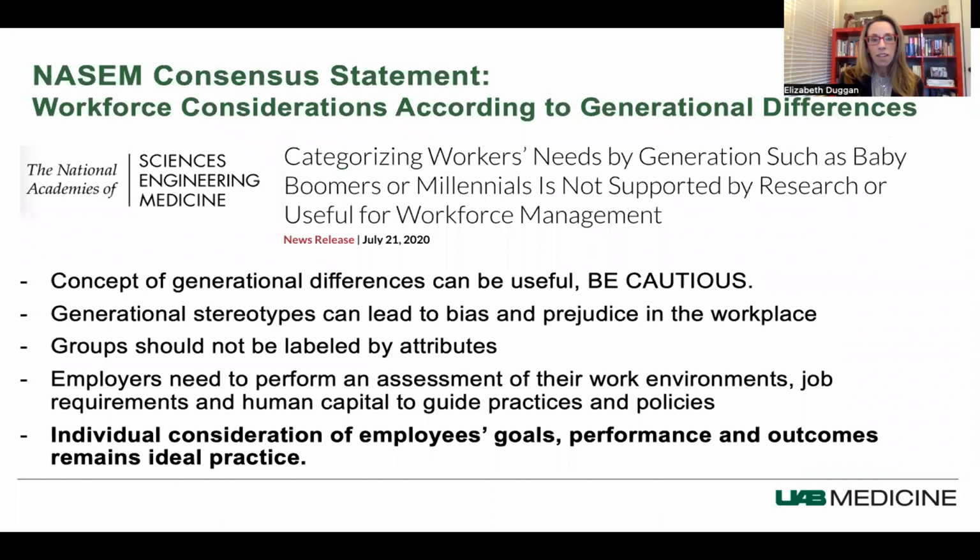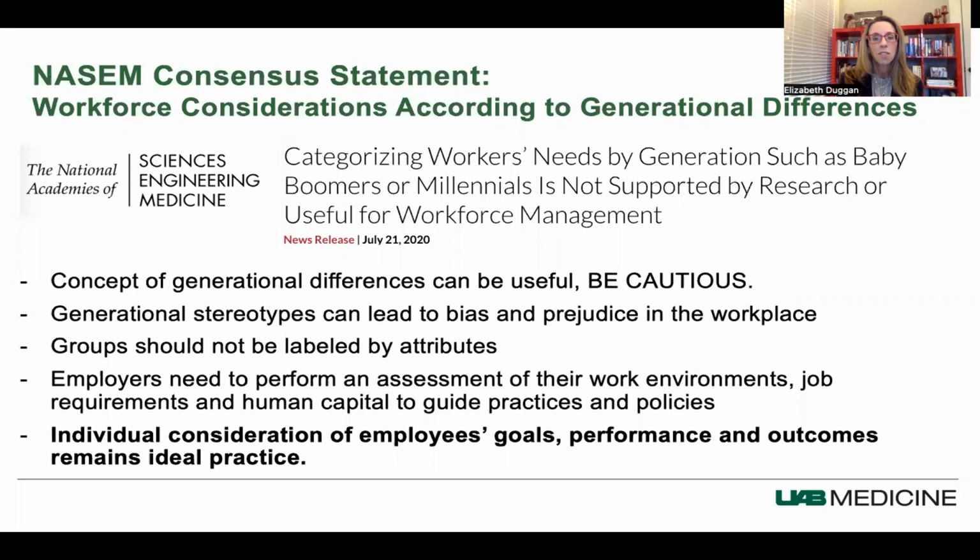And given these findings, the National Academies of Sciences, Engineering, and Medicine published a consensus statement in 2020 indicating that categorizing workers' needs by generations is poorly supported by research, and that the continued use of these categorical misconceptions may lead to bias and stereotyping. NASEM does recognize that employees' needs and goals change and that individuals require independent consideration to promote